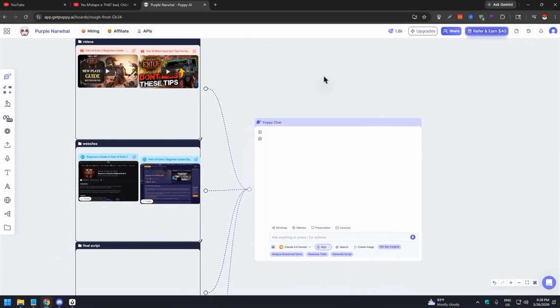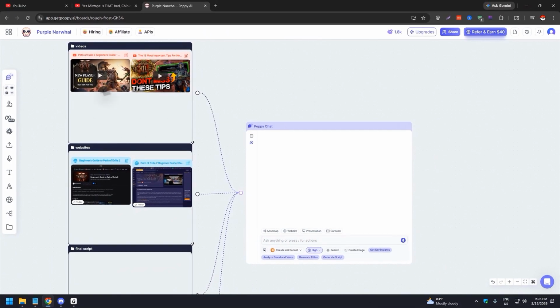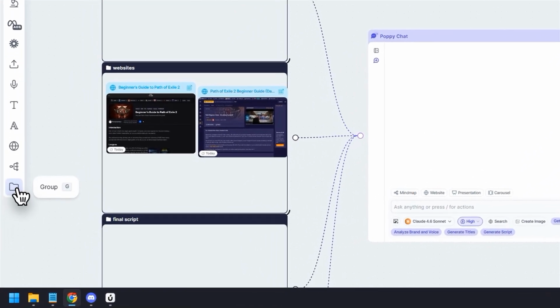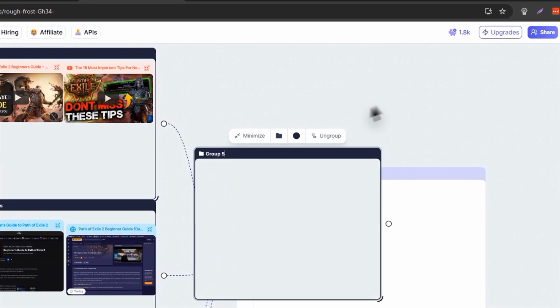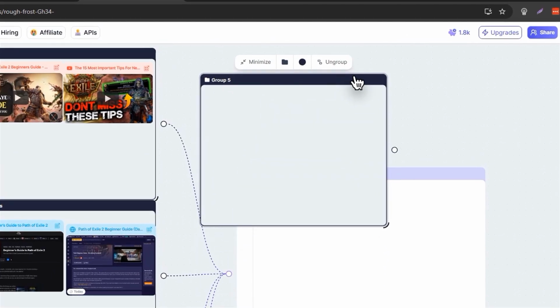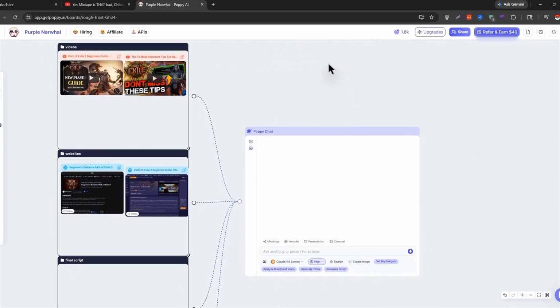What does that mean? A lot of people, when they start out, just paste here, connect there, right? And then just delete. The easiest way to optimize your productivity if you're using Poppy is by grouping stuff, which means you need to create groups by clicking this. And as you can see, we created a new group, and you just label it for whatever use it's going to be for.